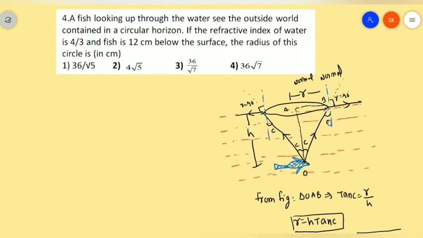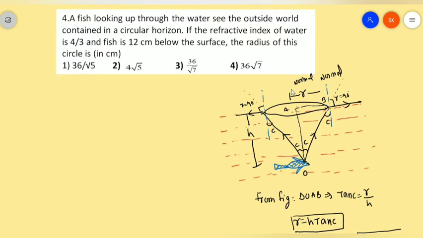And now, when one angle is 90 degrees, automatically the other angle is the critical angle. That's why, see here, from the figures. And we derived this one from previous knowledge also. You see here, and this is the formula. From this figure, from triangle OAB. Actually, when you extend this straight like this, this is the extension like this, and this is the extension like this, like a cone, it will see the outside world. All the birds which are flying in the air can be seen through this area, right? And that area is pi r square. Its radius is r, in the circle shape. This radius I want to find out.